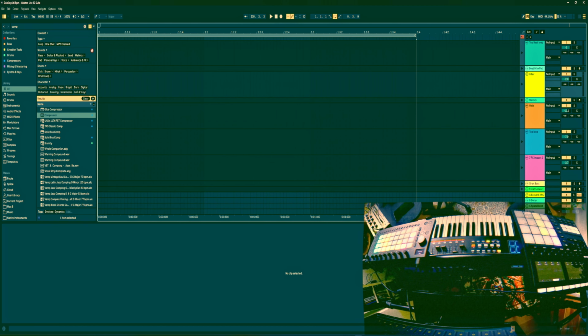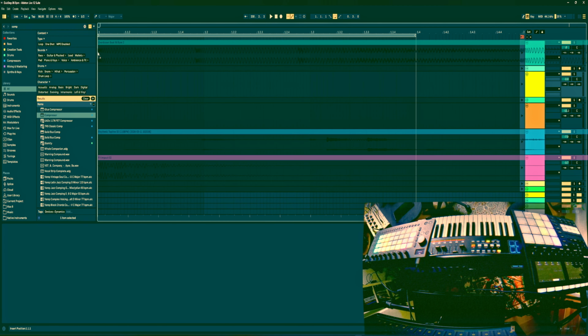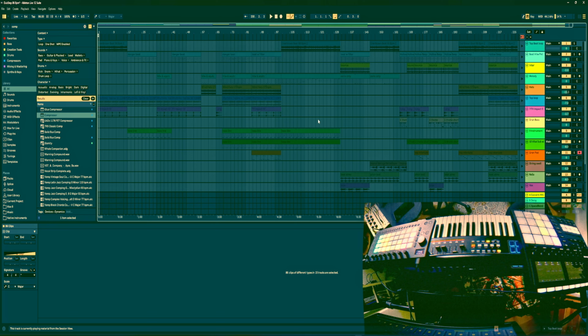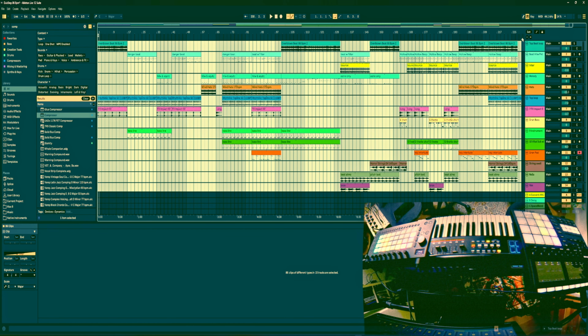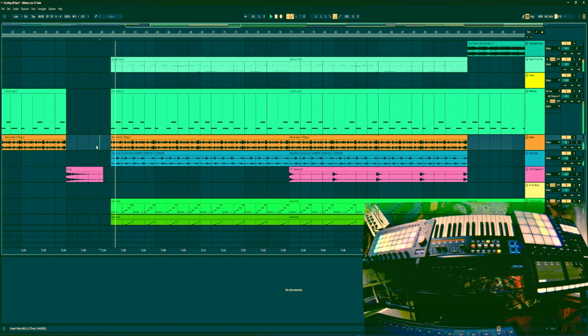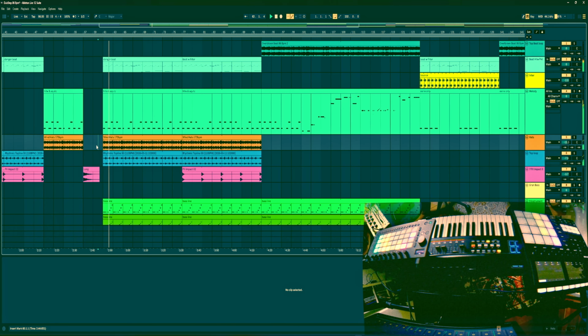Once it gets too much, I just import it. Once it's too confusing, you know, I don't have an overview anymore, and I feel it's time, I just drag everything into arrangement view and I play it back, and I have some sort of arrangement. In this case it's 10 minutes long, obviously far too much